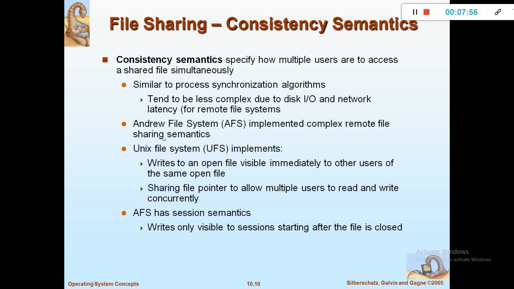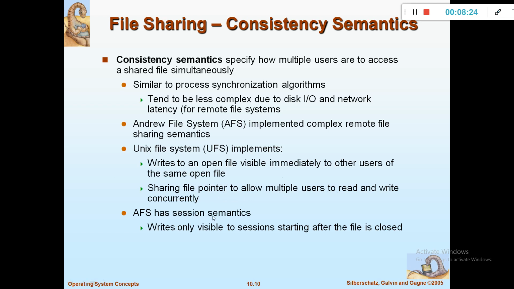Another method is the Andrew File System, which implements complex remote file sharing semantics. The Unix file system is another method for sharing files. Here writes to an open file are visible immediately to other users of the same open file, and sharing of the file pointer allows multiple users to read and write concurrently, in parallel.